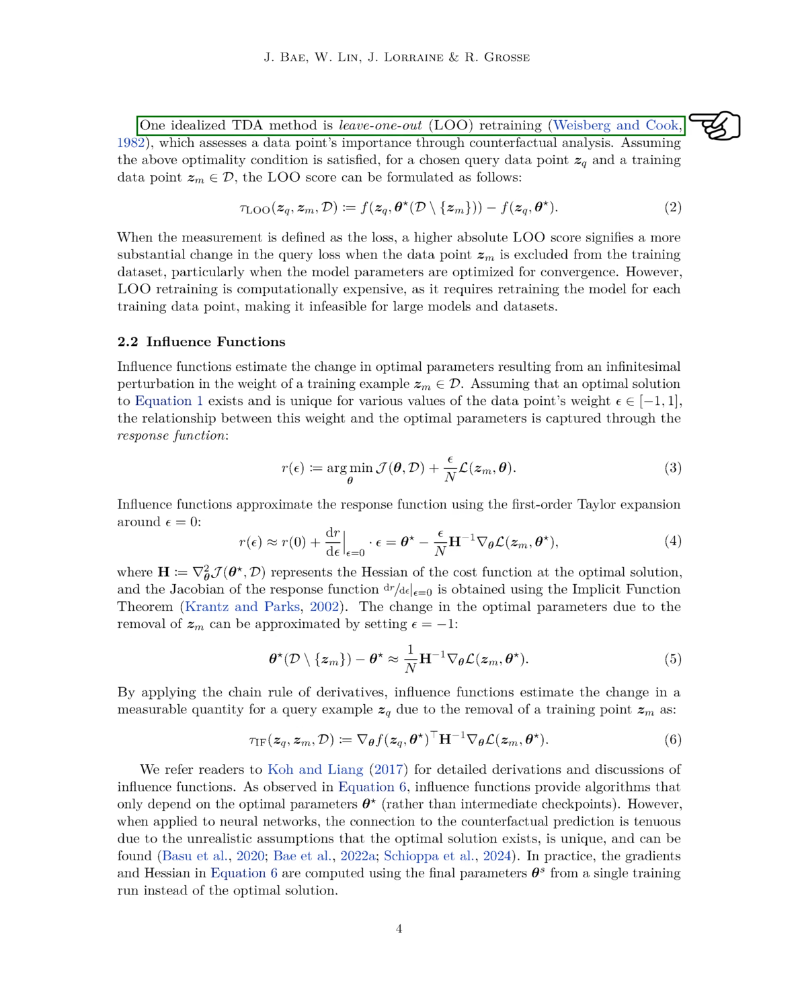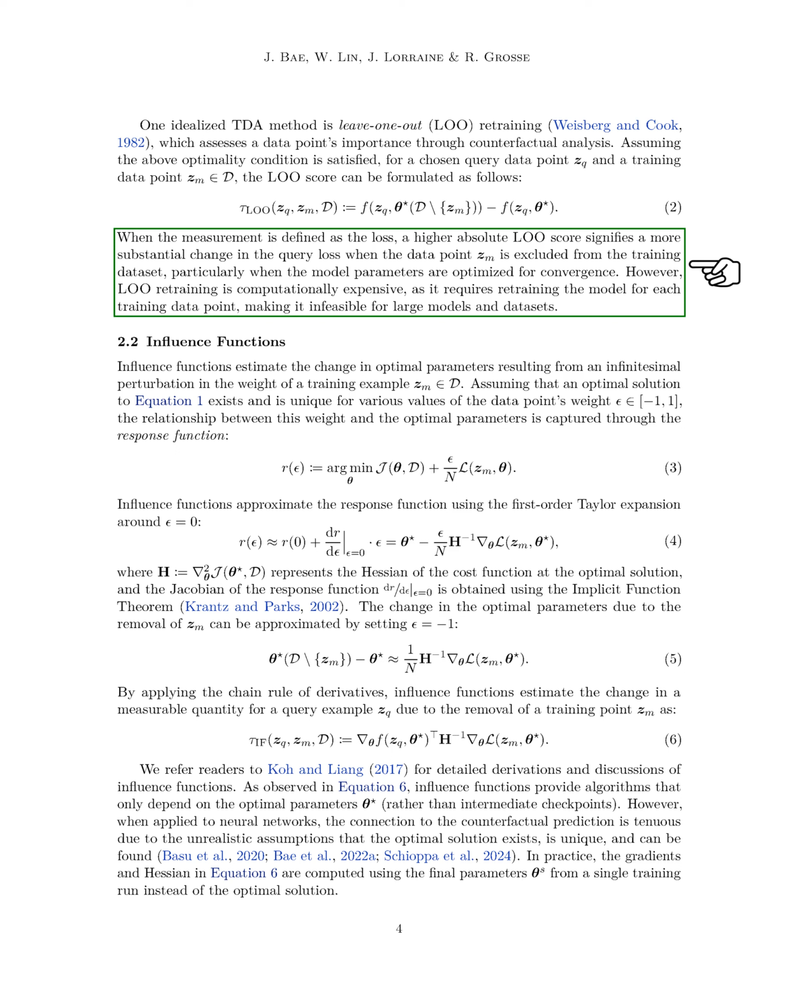One method, called Leave One Out, LOO, retraining, evaluates a data point's importance by analyzing how excluding it from the training set affects the model's performance. A higher LOO score indicates a more significant change in the model's performance when that data point is removed. However, LOO retraining can be computationally intensive as it requires retraining the model for each data point, making it impractical for